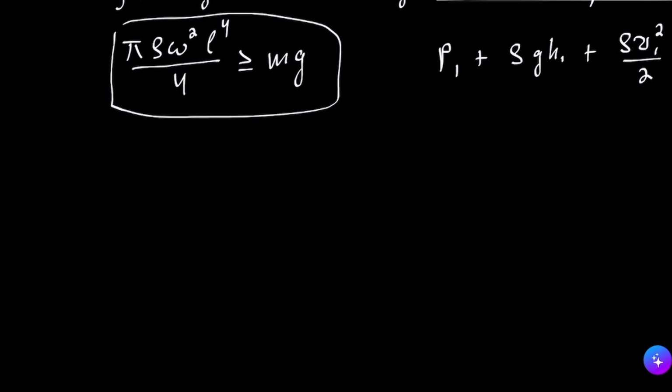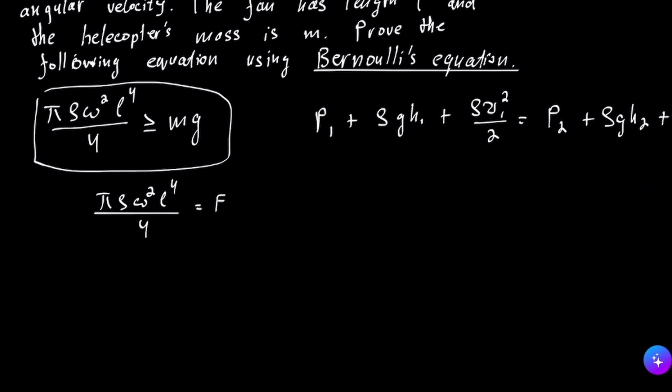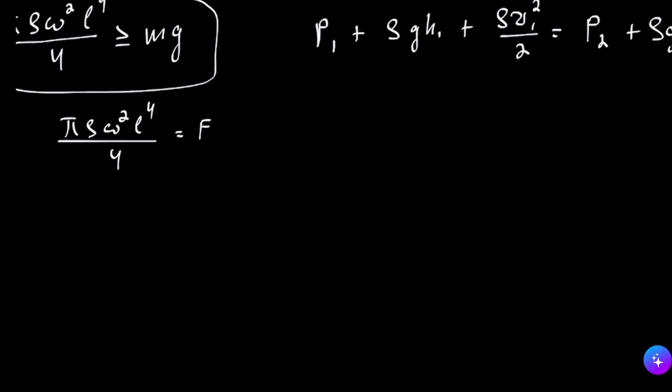So we come to a conclusion that pi rho omega squared L to the power of 4 divided by 4 is actually some kind of force. But what kind of force is it? Since we're using Bernoulli's equation, this force has to be tied with pressure. So this is most likely a force